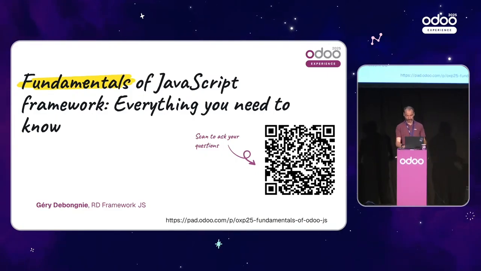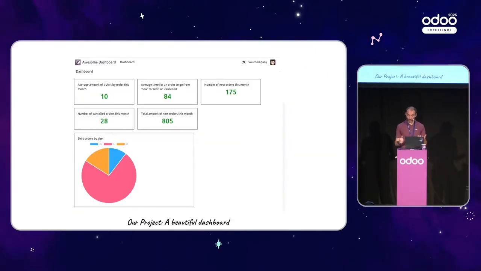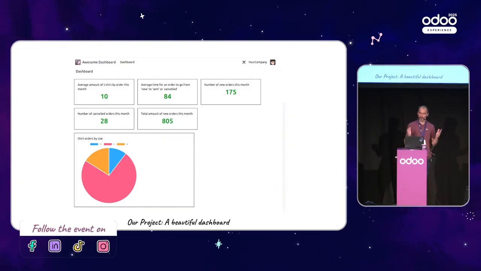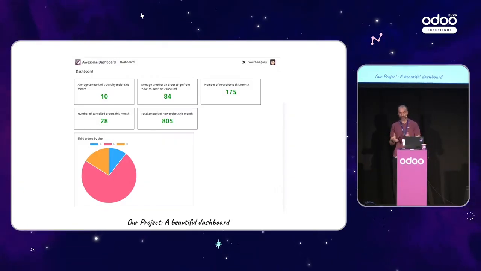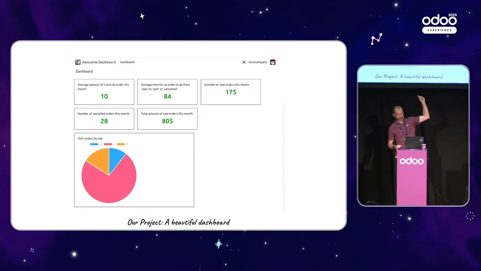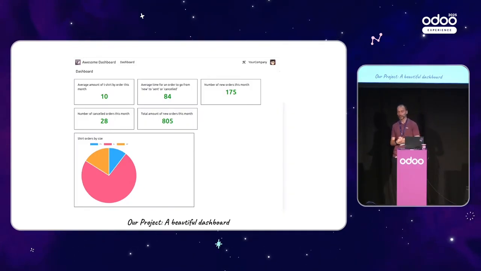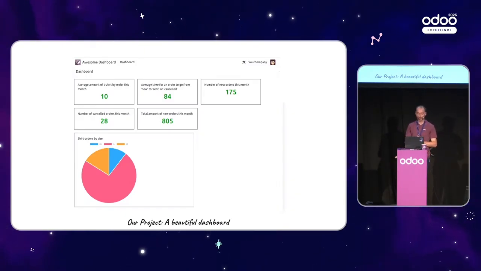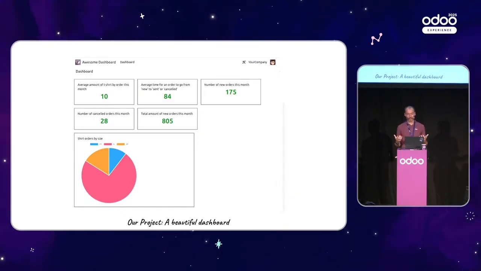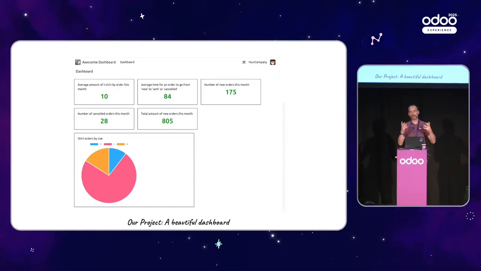So what we will do in 20 minutes is kind of a challenge. I didn't time myself. We'll see how far or not I get. I want to build this dashboard with you together. But I cheated. I did it before, and I have some commits that I will cherry pick and discuss, of course. So I will try to explain to you how to integrate your own JavaScript UI wherever you want in the